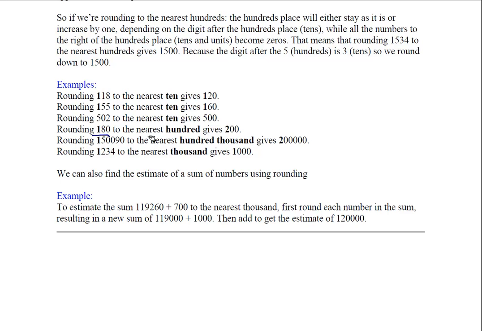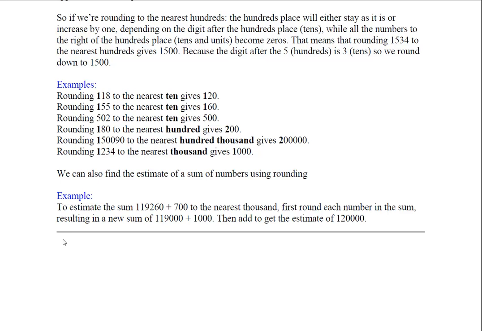180 to the nearest 100. Where's the hundreds place? It's the 1. So that means that the 1 right here is going to change. Either it's going to become a 2, or it's going to stay as it is, 1. Since after the 1 we have an 8, it becomes 200. The one after, rounding